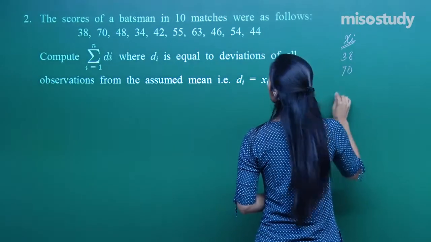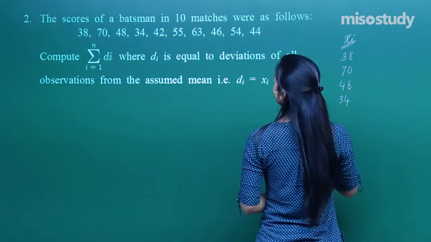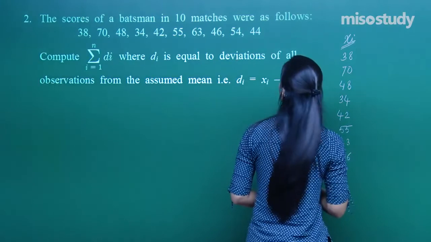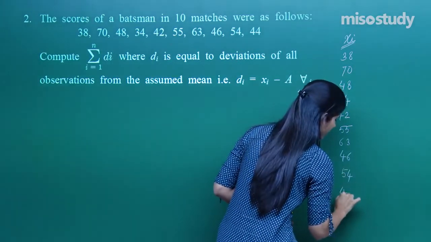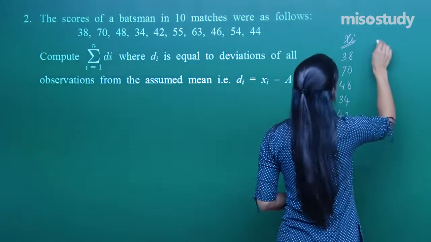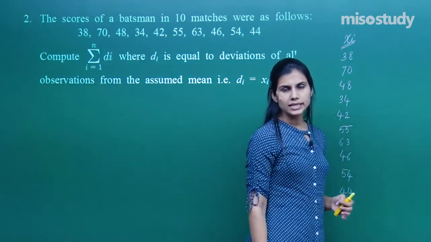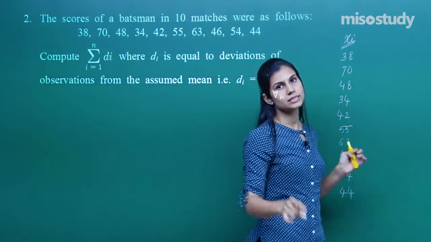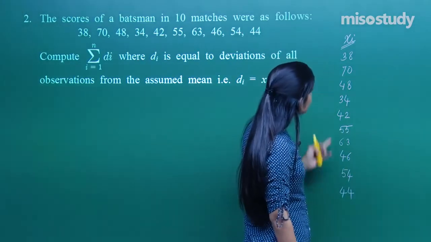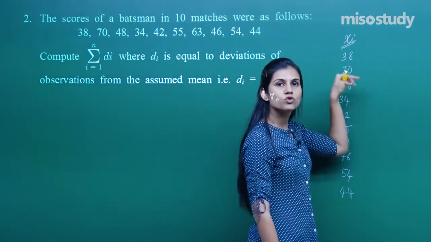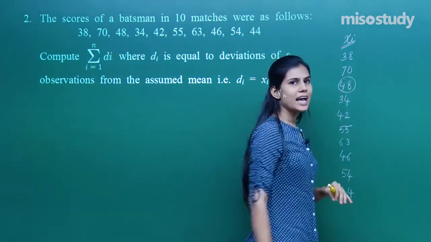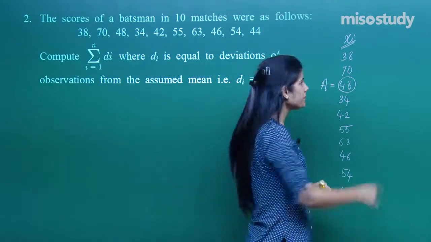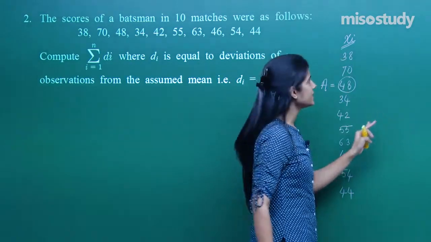70, then 48, 34, 42, 55, 63, 46, 54 and 44. I take that value as the assumed mean on the grounds that when I calculate deviations of any xi from that chosen xi which I am taking as the assumed mean, the answer comes to be very, very small. Here I can see that all the numbers are somewhere nearby close to 48. So, I choose 48 as my assumed mean. Fine. I have chosen 48 as my assumed mean because every xi is very, very close to 48 as you can see,